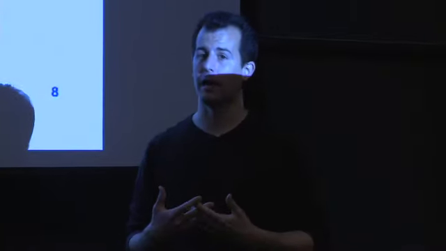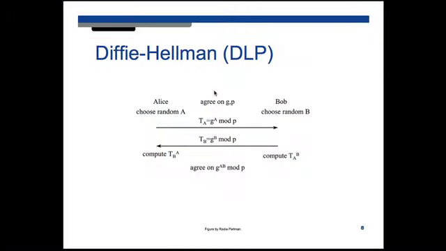RSA is one with which you're probably familiar, at least by name. It has to do with coming up with a public key and a private key using very interesting properties of large numbers that, when multiplied together, are very difficult to unmultiply or factor back down to their primes. But that one's a little more involved, so a nice one to use for the sake of discussion when it comes to public key crypto is something called Diffie-Hellman, or DLP.